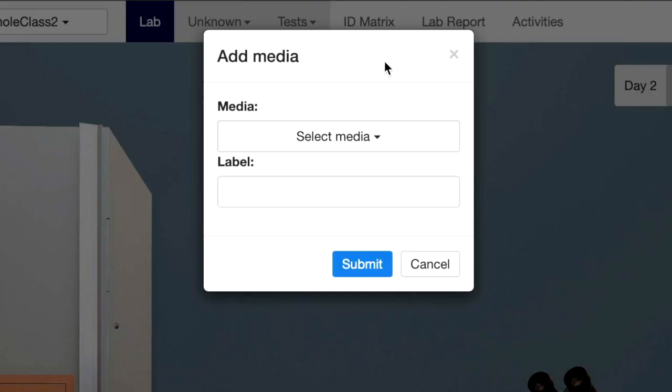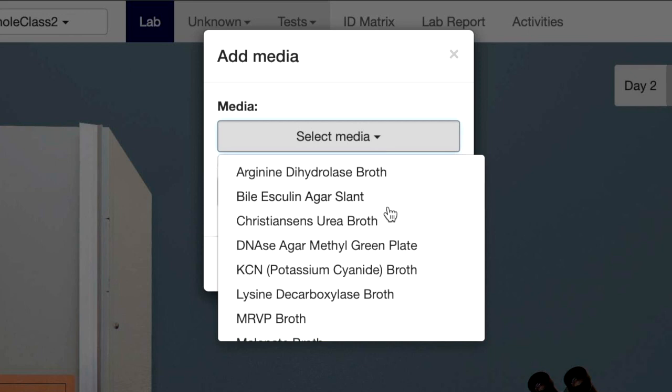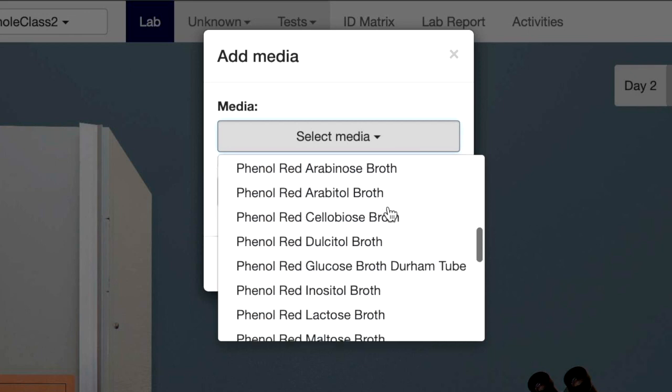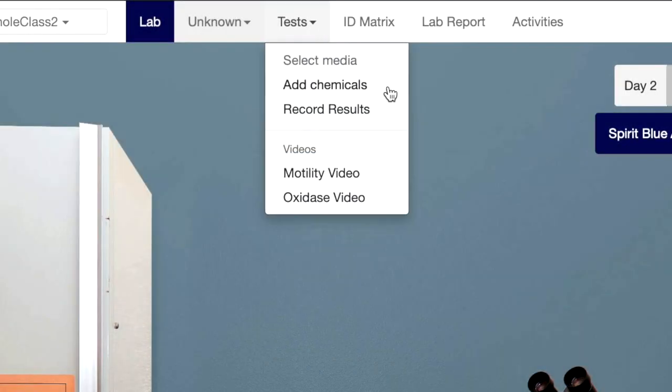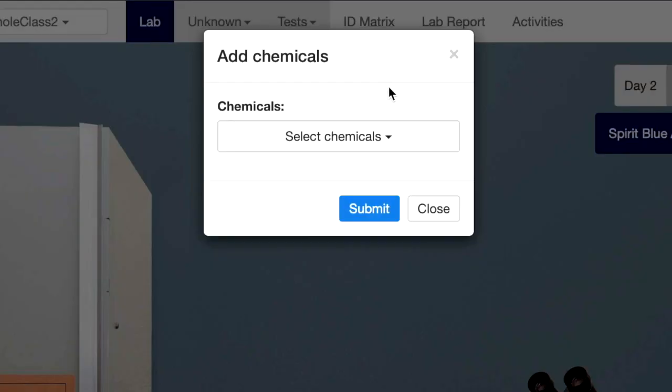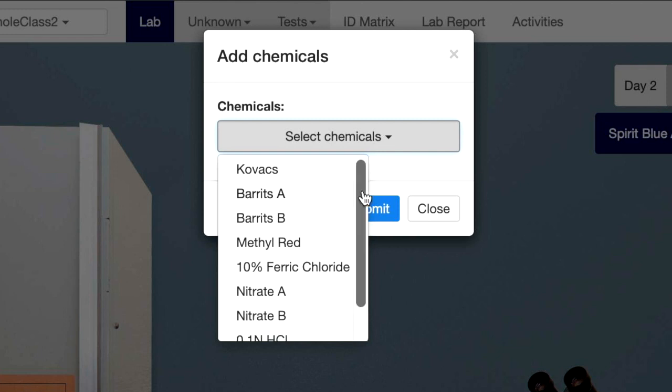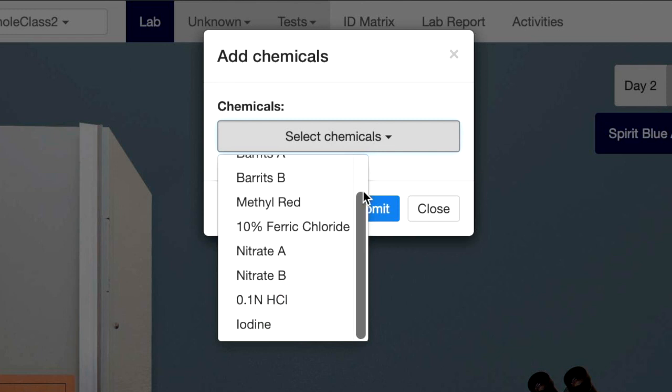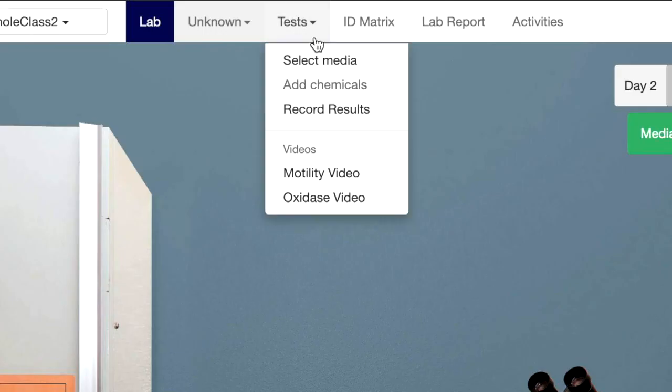Tests. This link provides access to the resources needed to do biochemical tests for studying a microbe. Select Media takes you to a list of all the media appropriate to the study of the bacterium you are working on. Add Chemicals brings up a list of chemicals, stains, and reagents used in the virtual lab. Some tests require addition of a chemical called a reagent after the culture has grown overnight to determine the presence of a growth product. Likewise, some of the chemicals listed here are stains used in the gram stain process. Find those chemicals here.